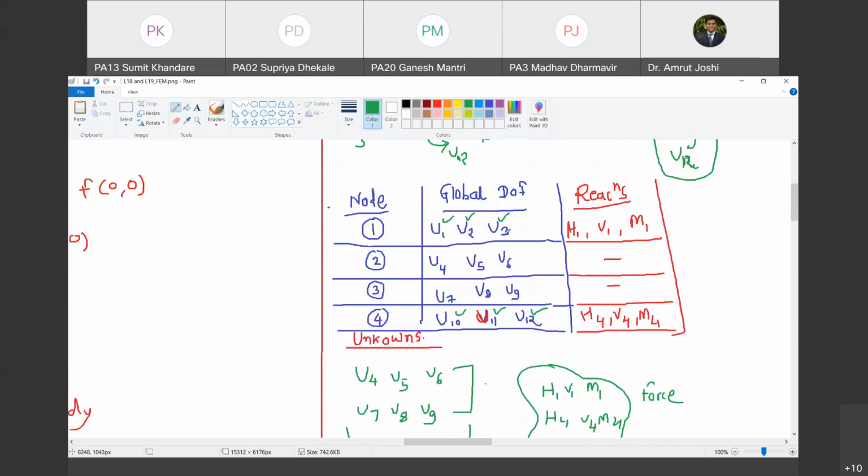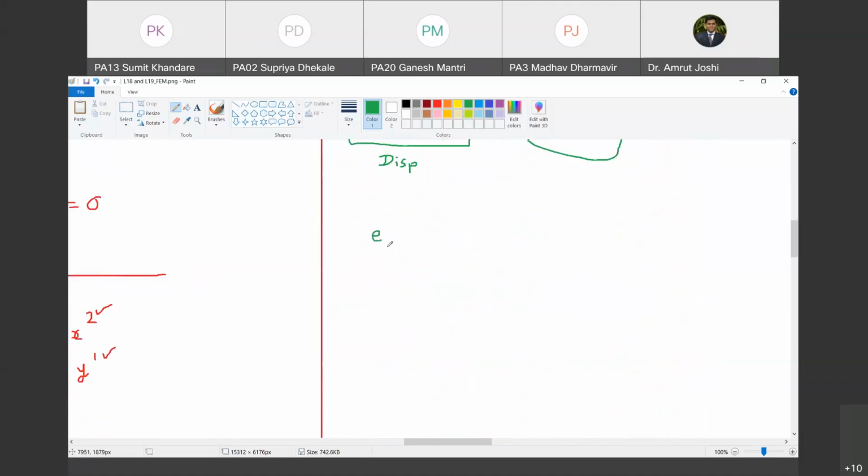So therefore I am going to call E1 as the element which has starting node 1 and end node 2. Nodal connectivity is from 1 to 2. Do you agree with me? Yes, sir. E2 is another element which has nodal connectivity from 2 to 3. Node number 2 to node number 3. So node number 2 is common for element number 1 and element number 2. Are you with me? Yes, sir. And element number 3 has nodal connectivity from 3 to 4. So node number 3 is common for element number 2 and element number 3. Are you with me? Yes, sir.